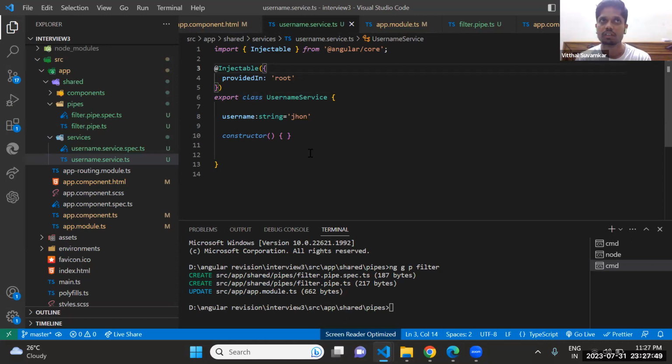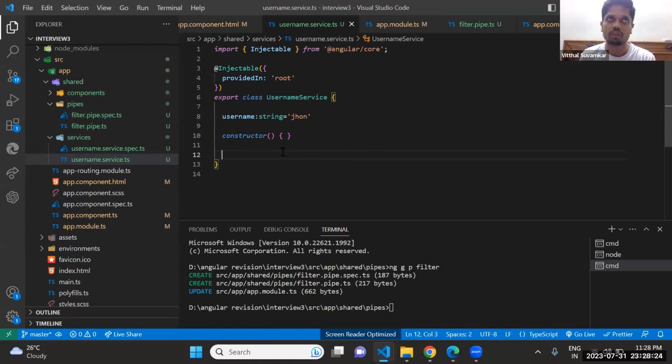After that, ngOnChanges. Whenever there is an input field and we write a string in that input field, on every change detected, ngOnChanges is called first. After that, ngOnInit is called, when your Angular application initializes.